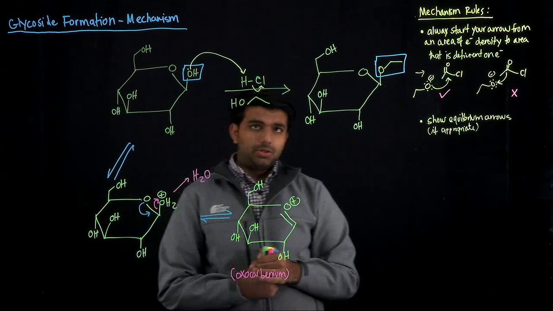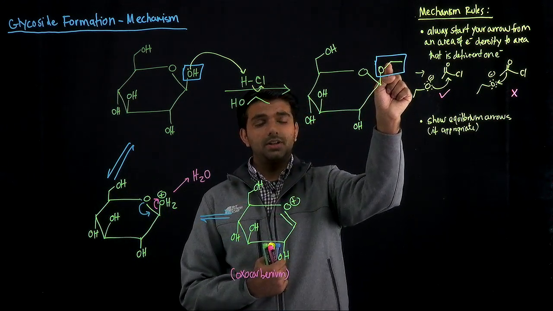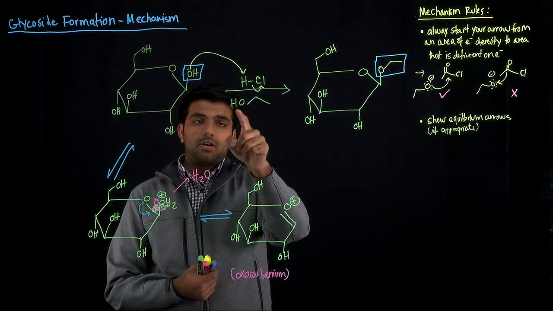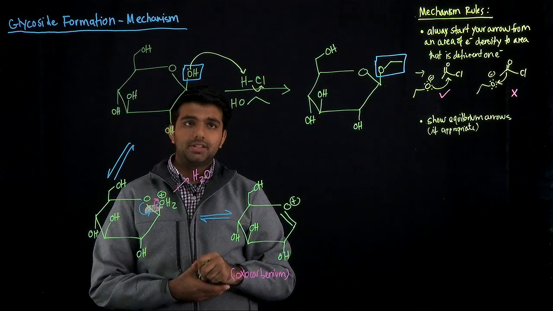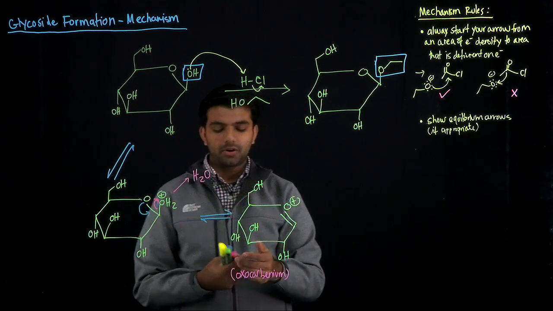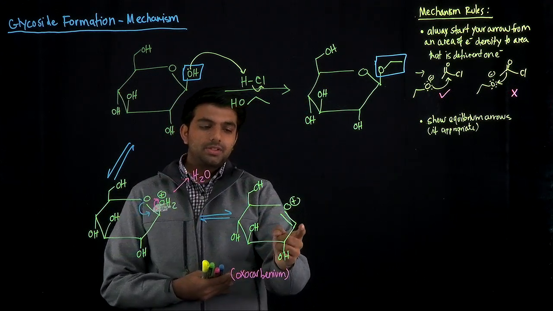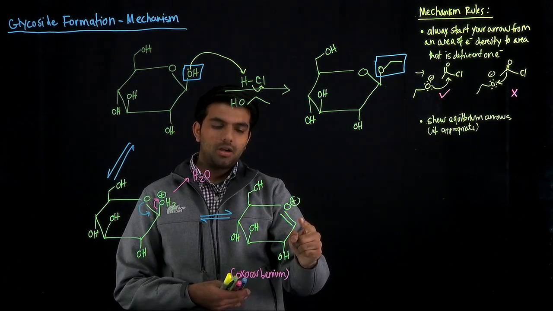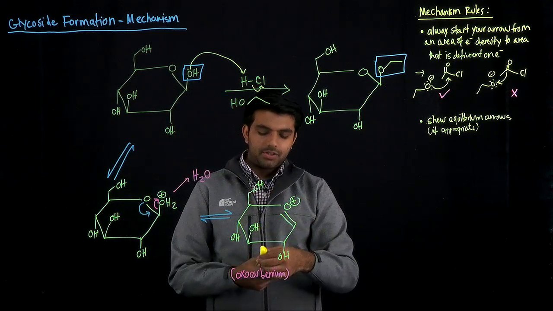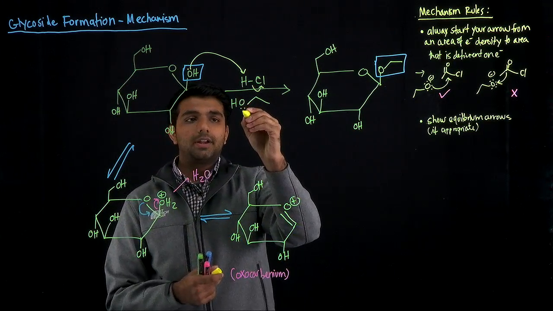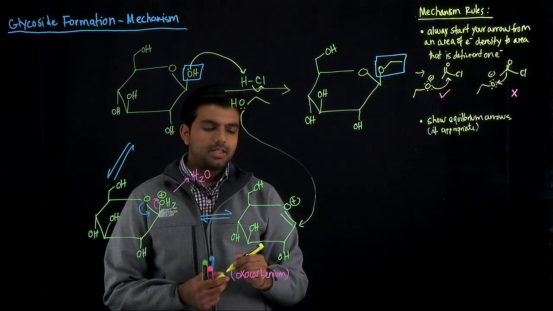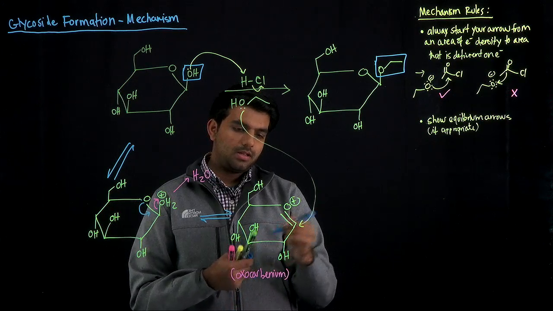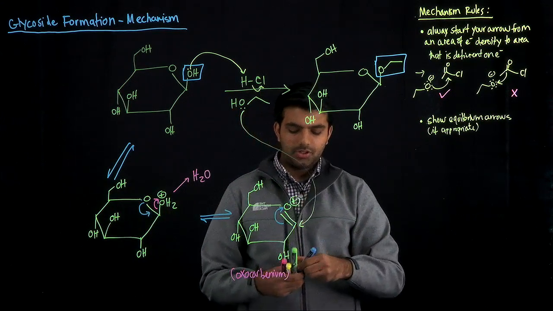And so the next step is to figure out where this OCH2CH3 is going to come into play. We have an alcohol that's present, and so that alcohol has the OCH2CH3, and it's going to attack something that has a positive charge, or a partial positive. And so if we were to do resonance structures for this structure right here, we would realize that we would have a positive charge on the carbon and a neutral charge on the oxygen. And so the electron density on this alcohol right here will come in and attack that position, pushing these electrons on top. And so the structure we're left with now